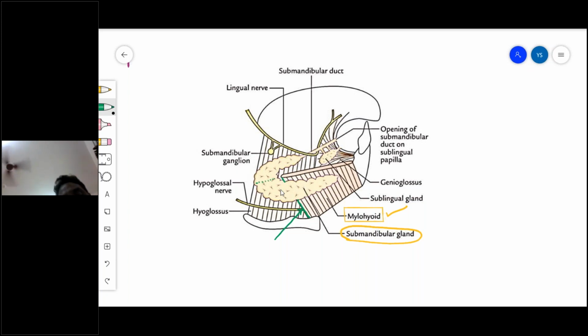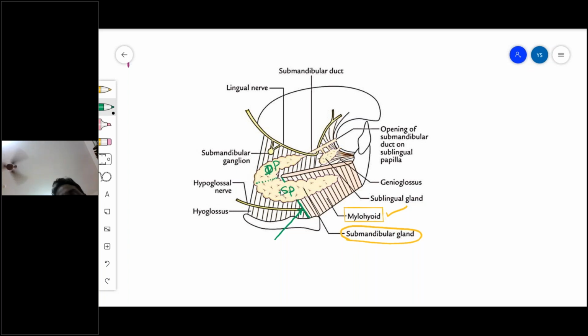two parts. Can you name the two parts of the submandibular gland? So in the picture, very good. In the picture, with the dotted lines, we can separate the two parts. Actually, not separated, both are continuous together, but we can locate. One is the SP, superficial part of the submandibular gland, and the second one is the DP, deep part of the submandibular gland. So the submandibular gland consists of two parts, superficial part and deep part.